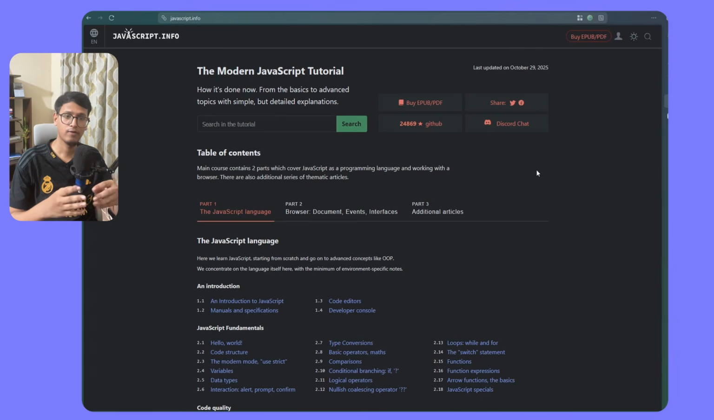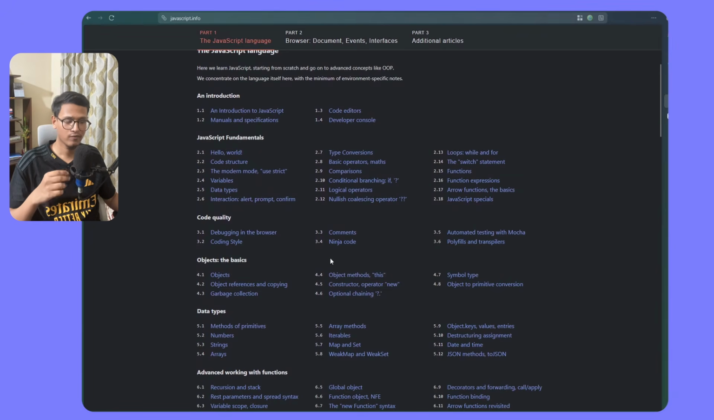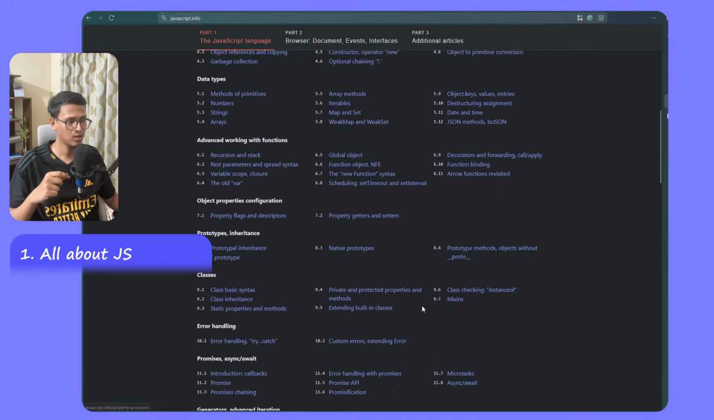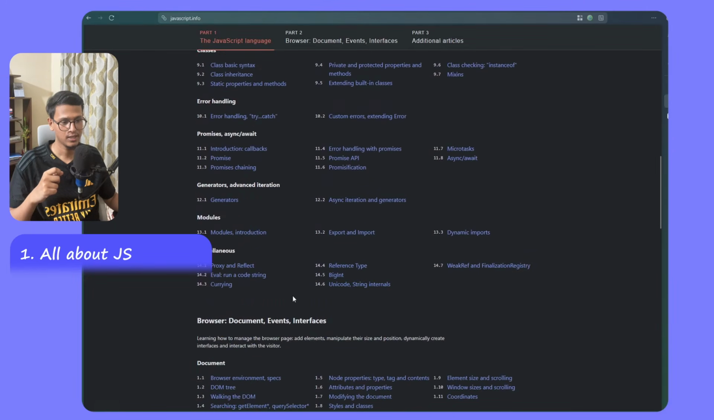The third resource of our list is Javascript.info. Since web development is highly based on JavaScript, you need to be really good at JavaScript, and for that there is Javascript.info. Here you will find all the topics from basic to advanced, all the things about JavaScript you can think of. You will find a guide